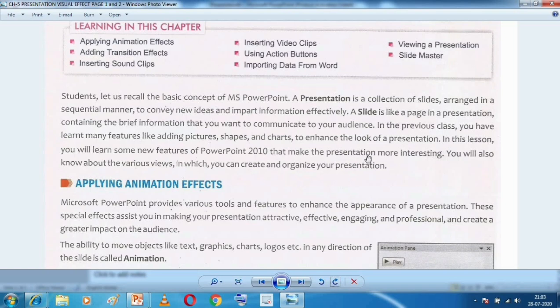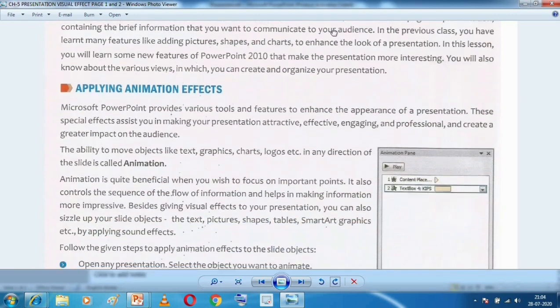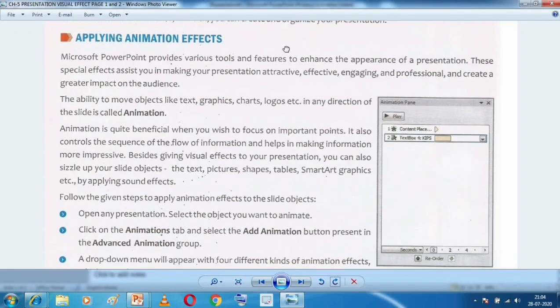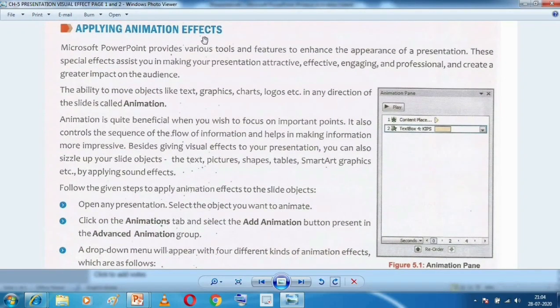Now in this class you will study a very interesting feature which is called animation. How to apply animation to your slides. So let's start with this topic, how to apply animation effects in our PowerPoint presentation.